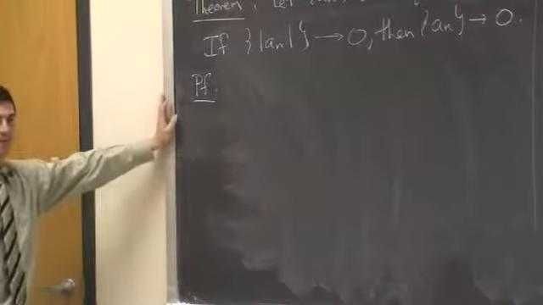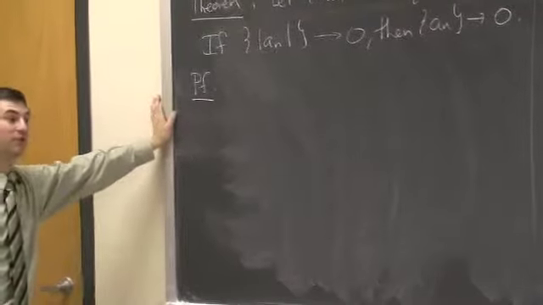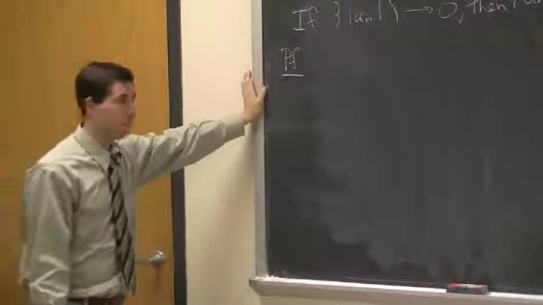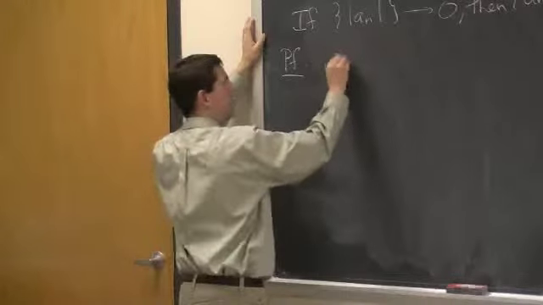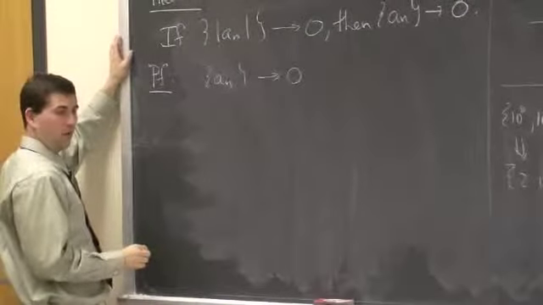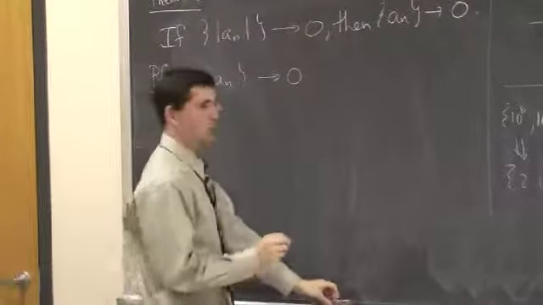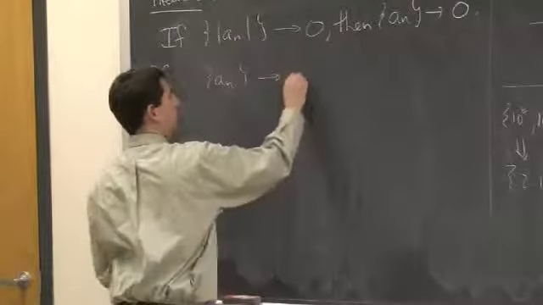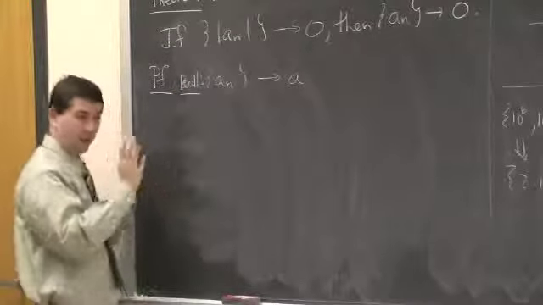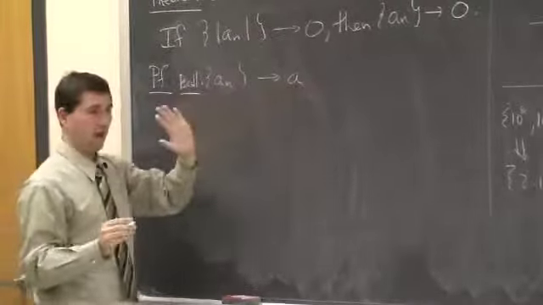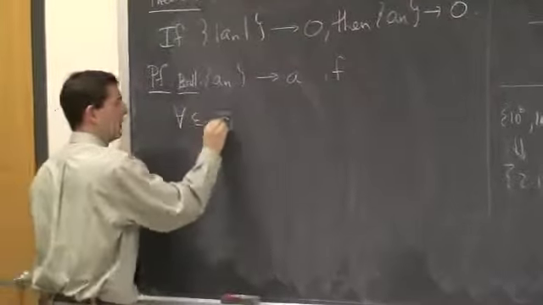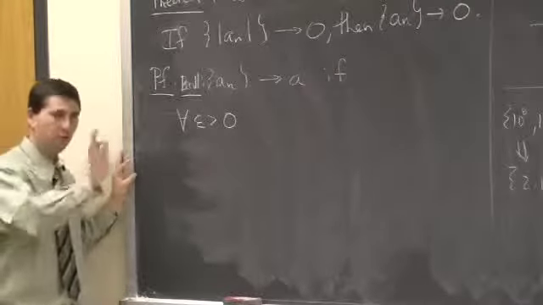Let's just for fun see if we can prove this using the actual definition of convergence. So let's quickly recall that. What does it mean that a_n converges to 0? Well, instead of doing 0, let's do a first. a_n converges to a. This meant the limit as n goes to infinity of a_n equals a. This meant that for any epsilon greater than 0, so as close as you want me to get,